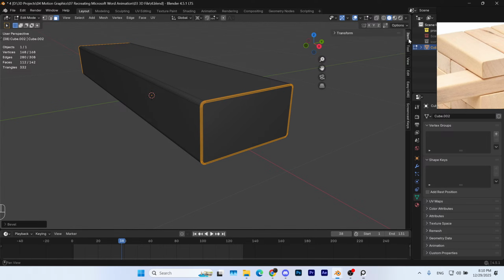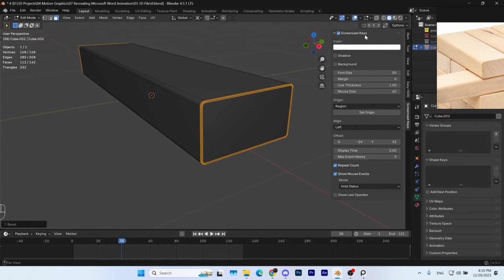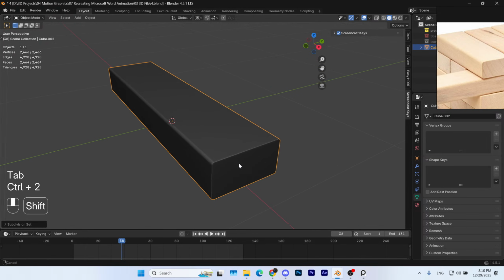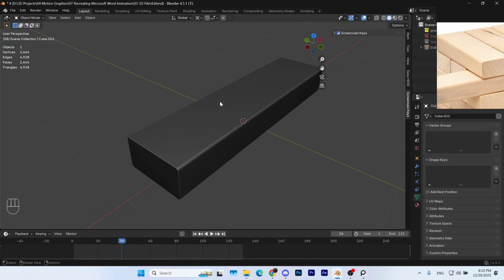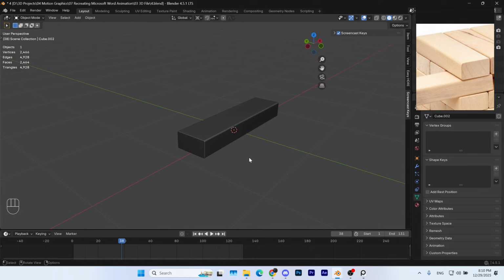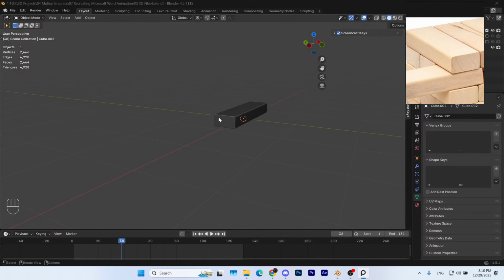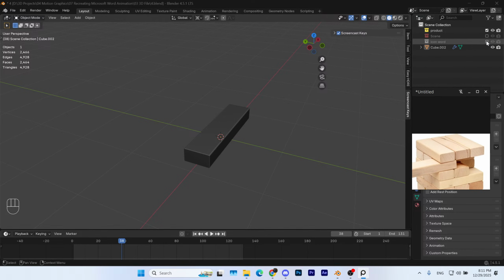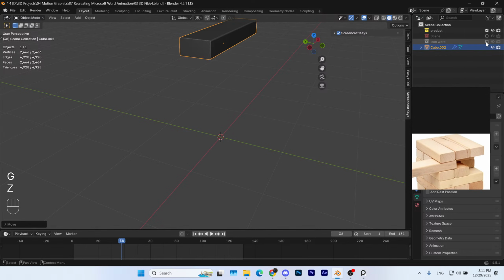Wait, why is the screen cascaded all the way over there? What? Hello? I did not push it all the way like this. That's crazy. Anyways, now we can just apply a subdivision surface. And now we're done with one piece. We just want to make sure that the scale looks right. I mean, it looks nice. And if we just bring back everything else,